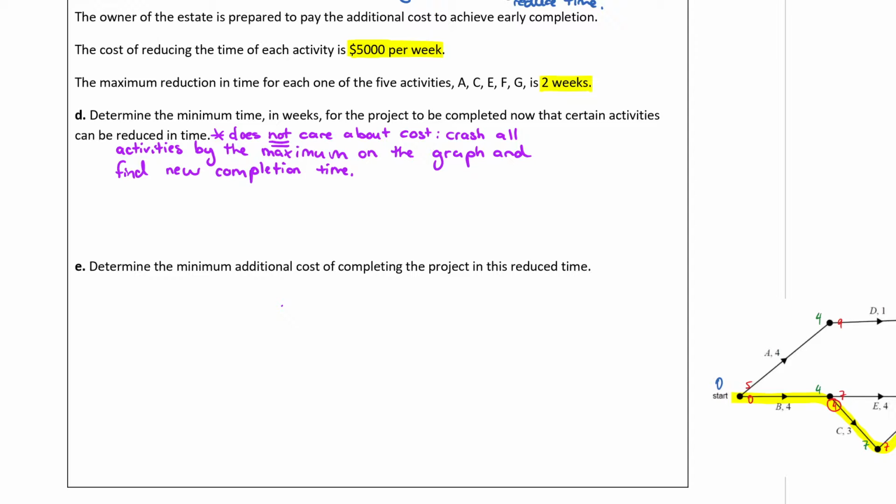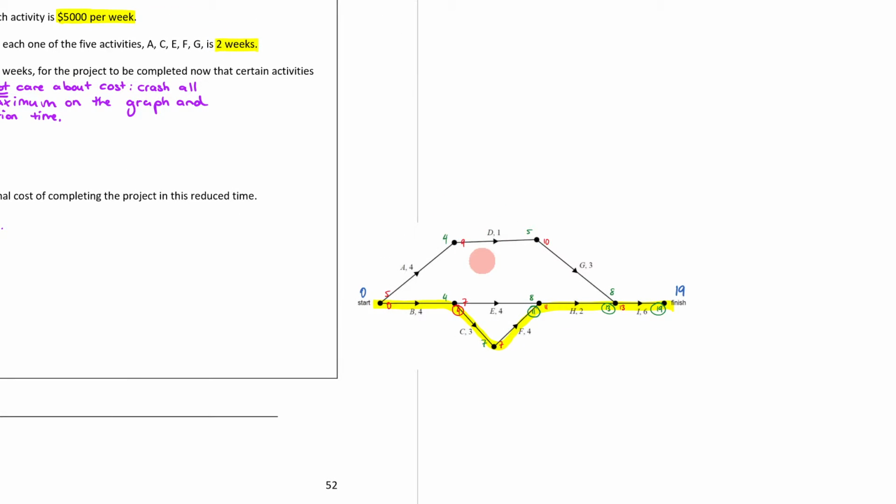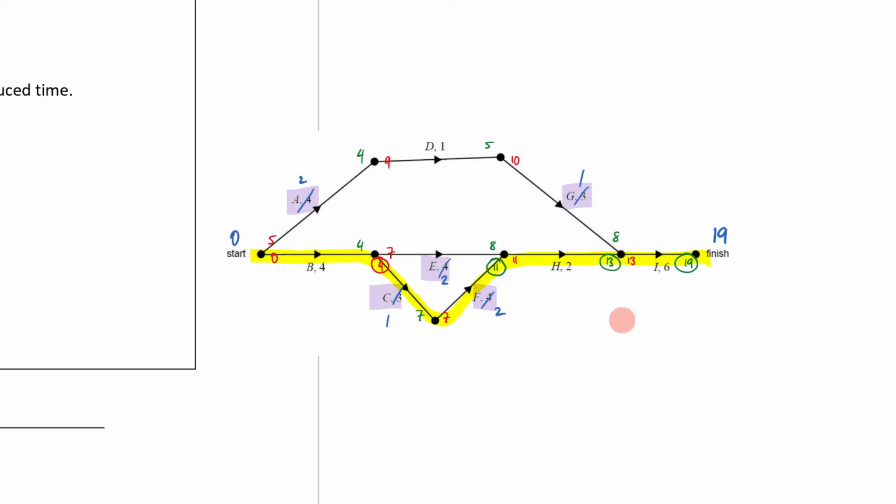Now, I want to show you different ways of approaching this question. What we could do is just look at our graph and just reduce everything that can be reduced here. So remember, the things that can be reduced are, and I'll highlight them, A, C, E, F, and G. Now, if I was to reduce each of these by 2 weeks, what I'm going to end up with is 2, 1, 1, 2, 2. And therefore, what I would now have to do to figure out the minimum completion time is consider the different pathways here. I'd have to consider this pathway, this pathway, this pathway,